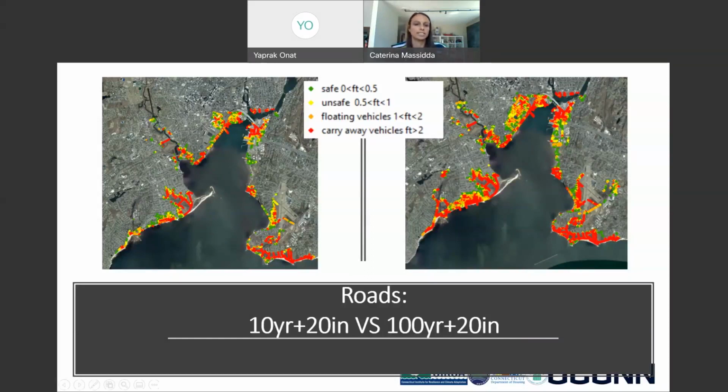So here is the possible scenario in 2050, where we can see a lot of streets will